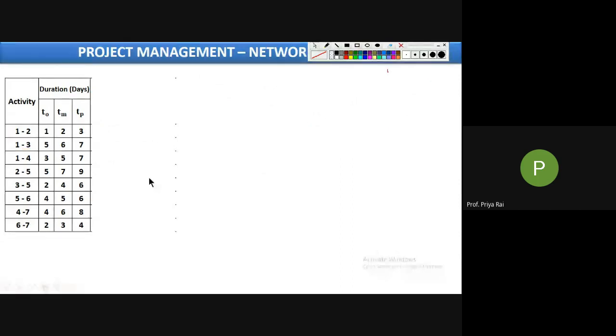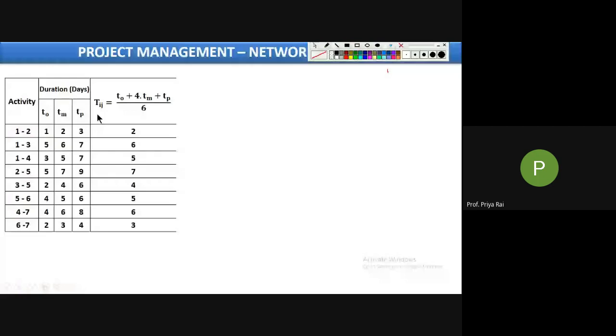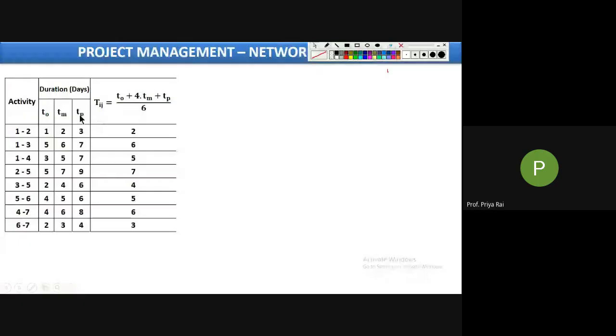Simple, using the same formula for the Tij. Now, instead of Dij, here it is Tij. The activity and Dij are given. So can we draw the network now? If they had given only letters, then we would use the predecessor to draw the network. But if they have provided node to node values instead of only letters, we can easily use this for drawing the network.